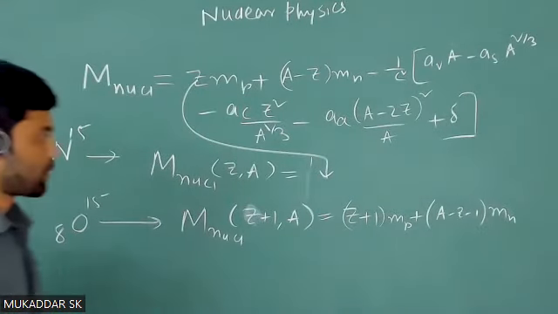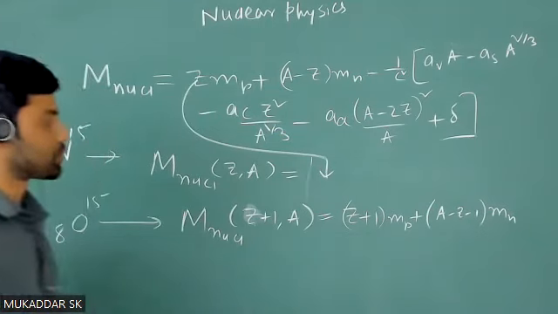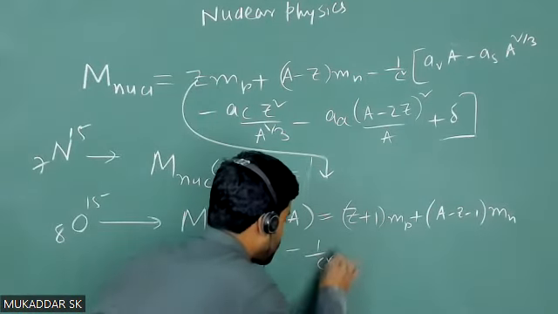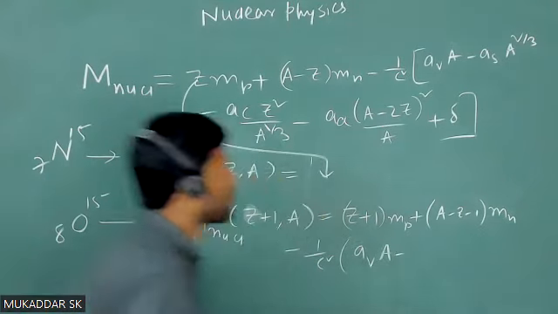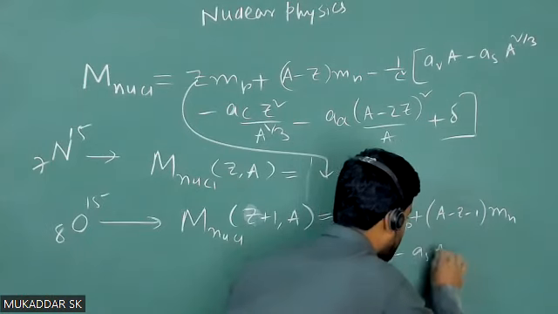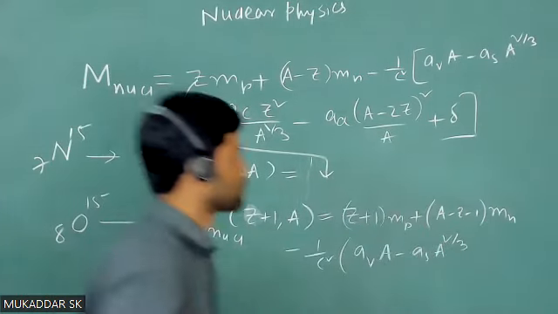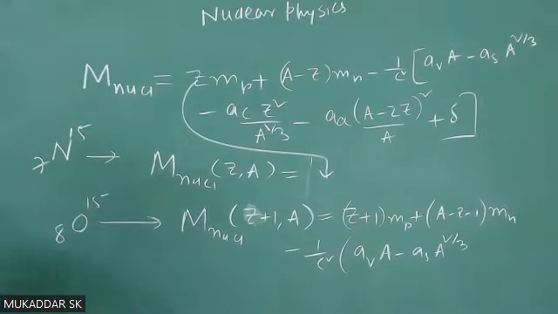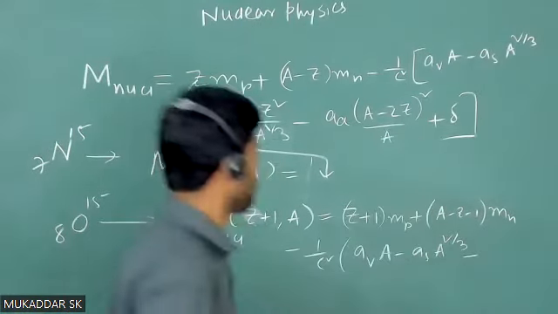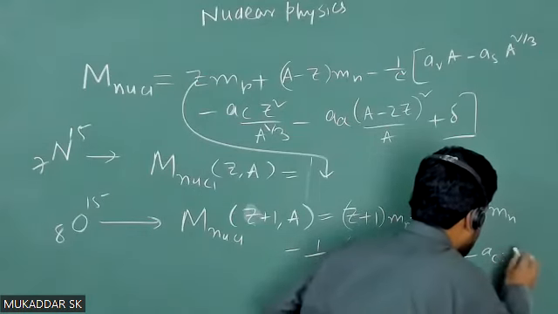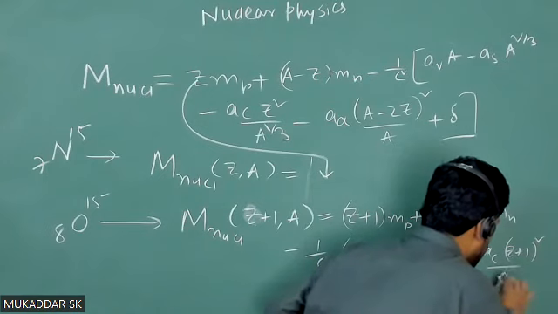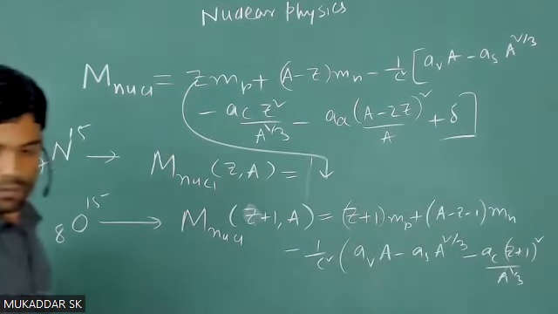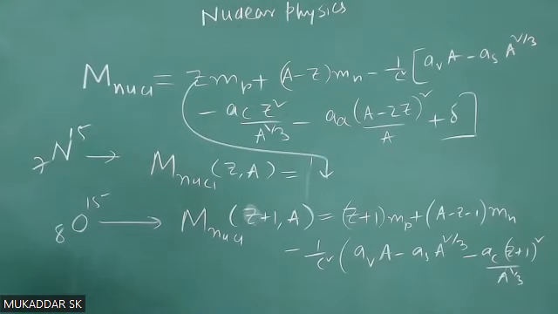ठीक है, और one by c square, right, then you have a_V into A, then a_S into A to the power 2/3, then यहाँ पे क्या आ जाएगा a_C into Z plus one whole square by A to the power 1/3. नेक्स्ट टर्म क्या आएगा, a_A, right,